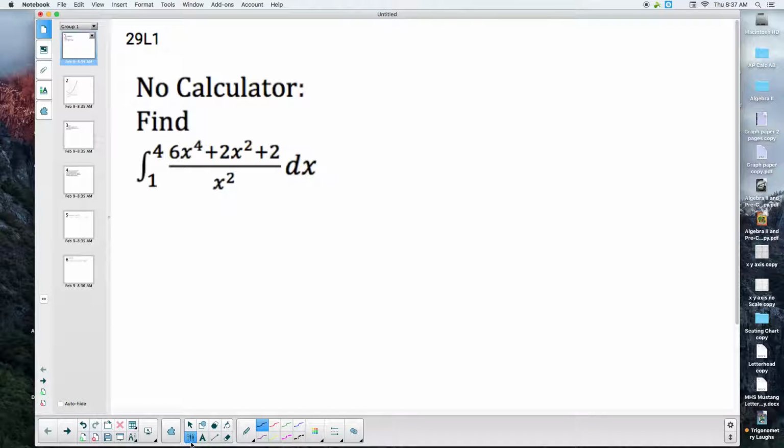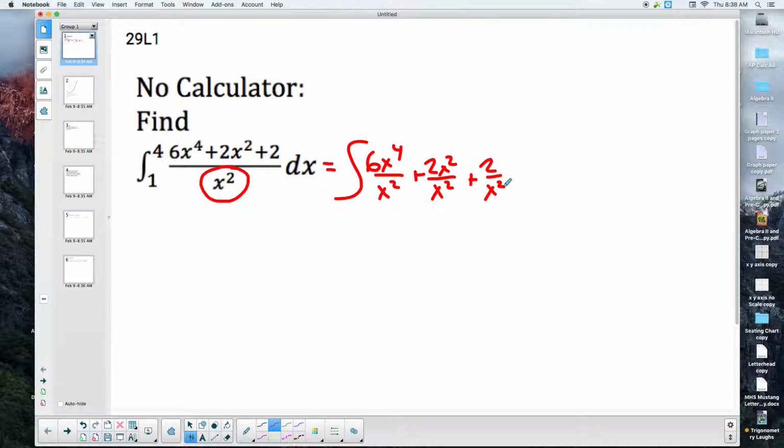Number 1. No calculator. Find the antiderivative from 1 to 4 of 6x to the 4th plus 2x squared plus 2 over x squared with respect to x. The first thing we need to remember is if there's one term in the denominator, we split our fraction into 3 pieces. So this would be 6x to the 4th over x squared plus 2x squared over x squared plus 2 over x squared, all